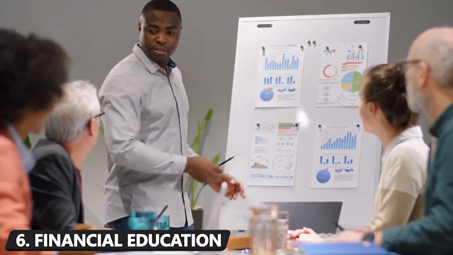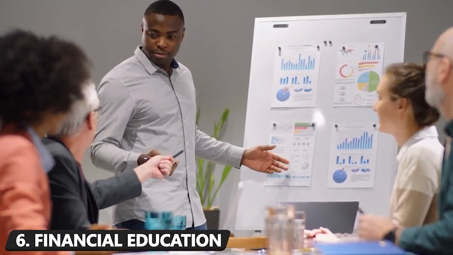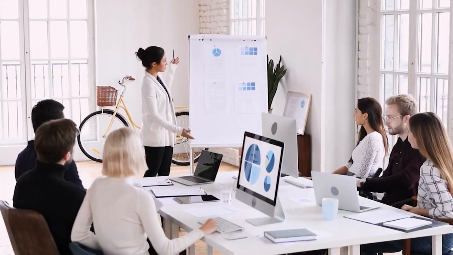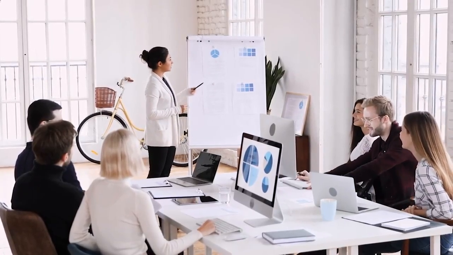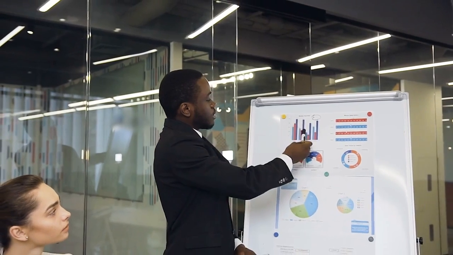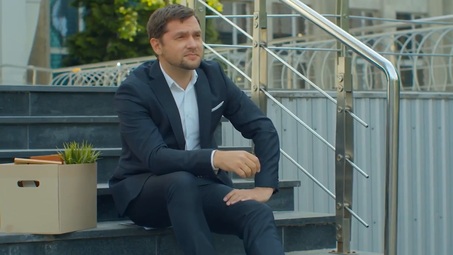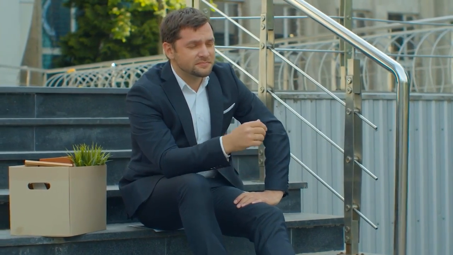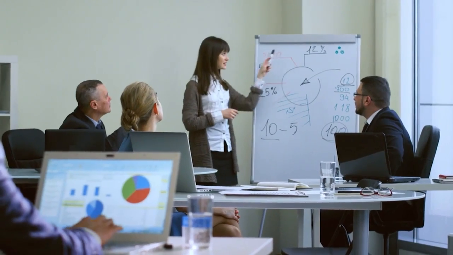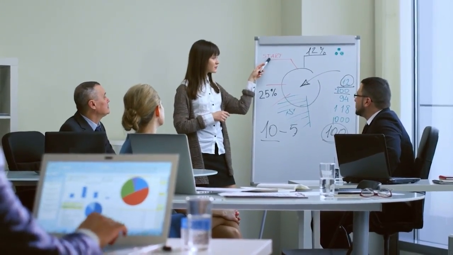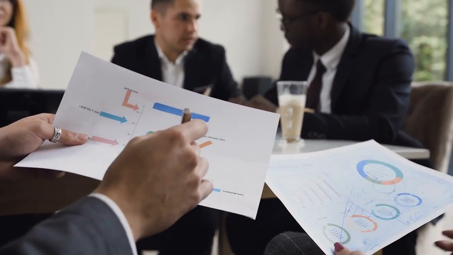Number 6. Financial education. The key to wealth. Number 6 on our list is financial education. This one may seem confusing, but let me explain why financial education is a key to building wealth. You see, many people are poor today not because they earn little money, but because they have poor financial habits. The average person on the planet is motivated to address their wants today rather than sacrifice today for their tomorrow.